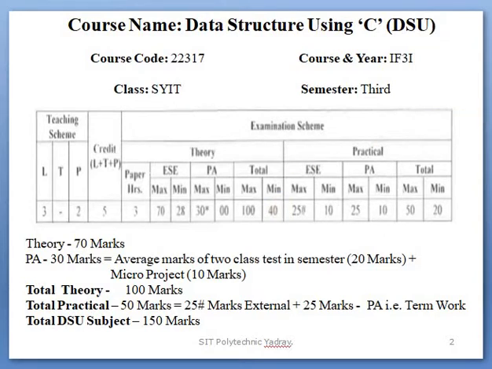You have all already got the information about our course, in the theory part and also in the practical part: how many marks for theory, how many marks for practical. For theory 100 marks, for practical 50 marks, total 150 marks. The 50 marks are divided into two sections, 25 marks external and 25 marks term work. And in the 100 marks theory exam, 70 marks are for the theory board exam and 30 marks for your class test and your project marks. You have already got all this information clearly.